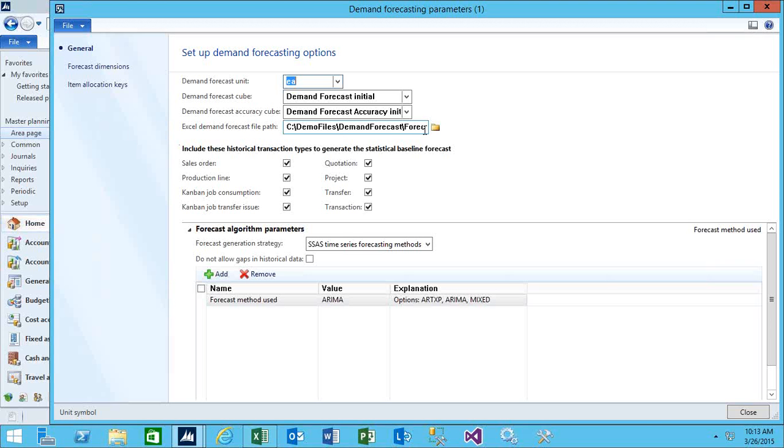And you can also establish the path for the template that you're going to be using for the forecast interaction in Excel. With that, you can see there's a couple of other important areas here. From a forecast generation strategy, we'll be using the SQL Server Analysis Services time series forecasting method. This means we're able to utilize the power of SQL Server to generate these regressions. And within this methodology, we really have two different models. We have ARIMA, which stands for Autoregressive Integrated Moving Average, and we have the ARTXP, and that's the Autoregressive Tree